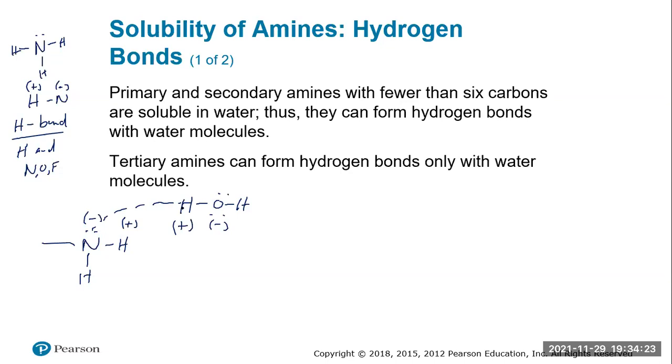Tertiary amines cannot really hydrogen bond. So why is that? Again, if we just look at the structure of a tertiary amine versus a primary or secondary, our primary amine is basically this. It's got 2 hydrogens. Our secondary amine is this. It's got 1 hydrogen, and our tertiary amine